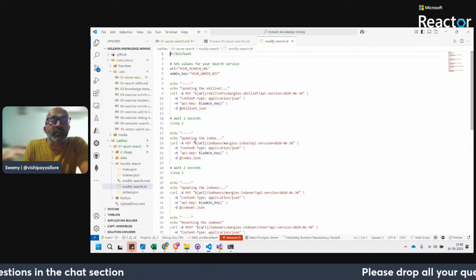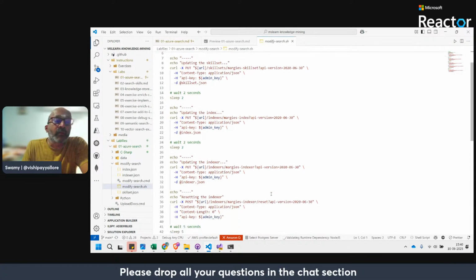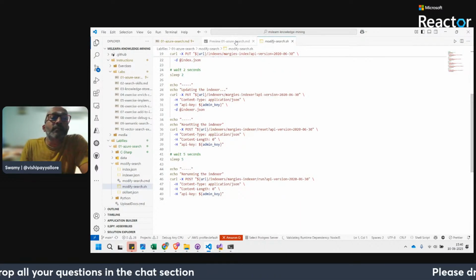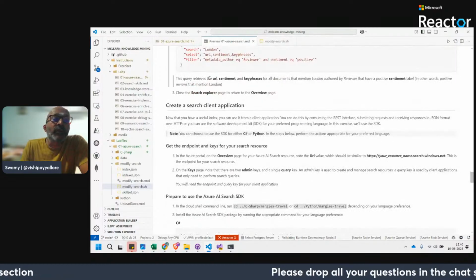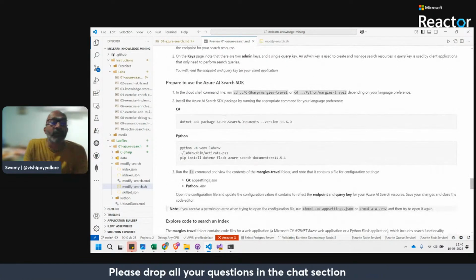If you see that, it's hitting the URL indexes, margie index. Okay, it's a put command, post command. We were able to complete that, see the modify index, and we created a search client.